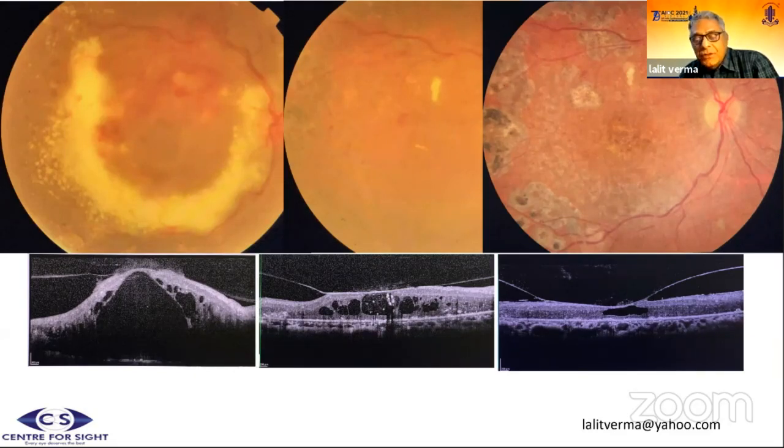I don't think so, there's a traction. So in all these patients where seemingly there may be a traction, you see after Ozurdex, the OCT comes down, although adherence still persists. So as Mangat was saying, visual acuity does not improve dramatically. This patient had finger counting at 3 meters. She improved to 6/36 at the max, and she's still maintaining that.